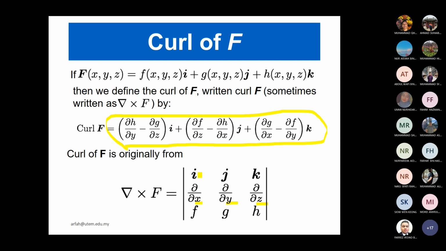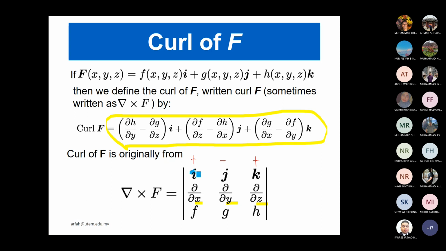Okay, so in here, function f is for the i component, function g for the j component, and function h is for the k component. And remember, for the cross multiplication, you are going to have the plus, minus, and also the plus sign. Okay. So untuk dapatkan the curl of f for vector